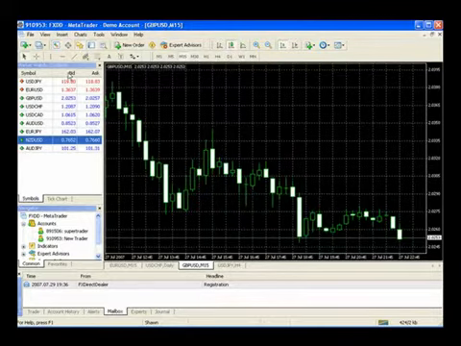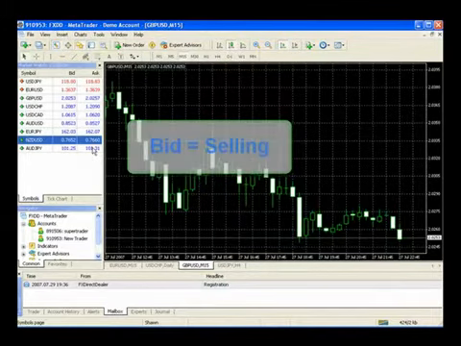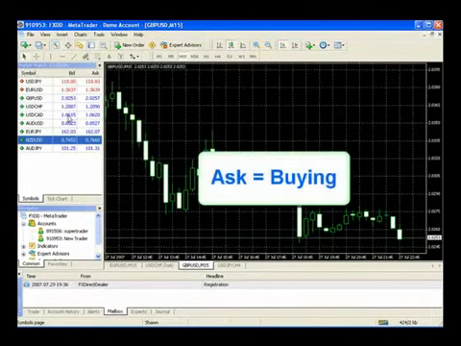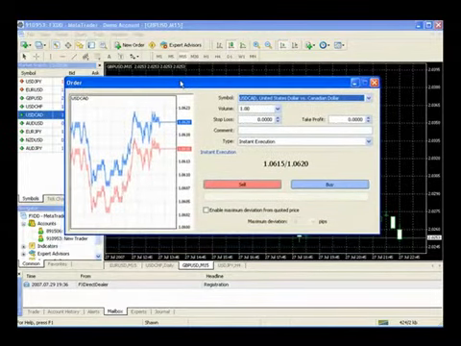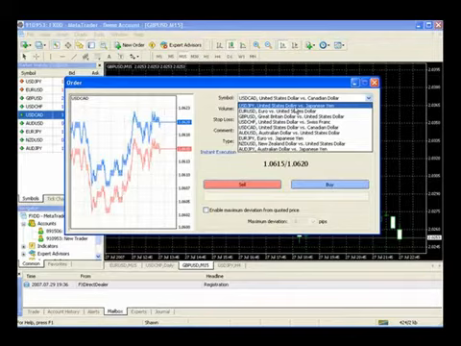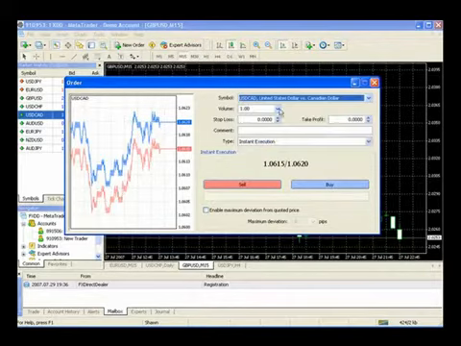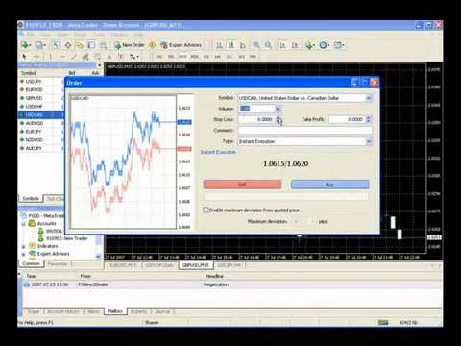Looking at bid and ask, bid is the price at which we sell, and ask is the price at which we buy. If we'd like to place a trade, we can double-click, and the order window will appear. Some things you want to look at in the order window are to make sure that you are trading the currency that you'd like to trade, and you can select any of the currencies here. Your volume, or how many lots you'd like to trade. Your stop loss, where you'd like to take profits, and the type of execution. Instant being a market order,